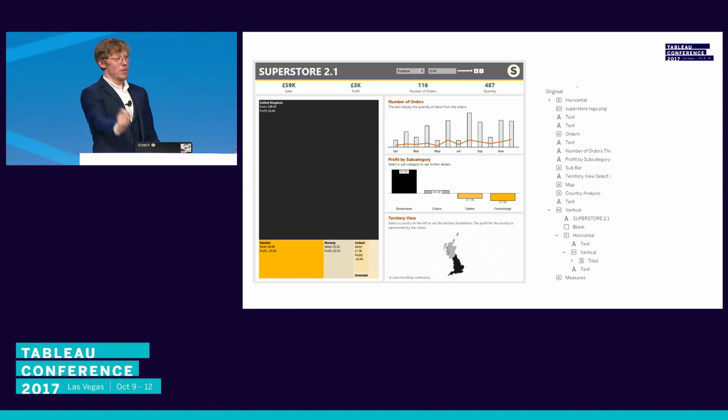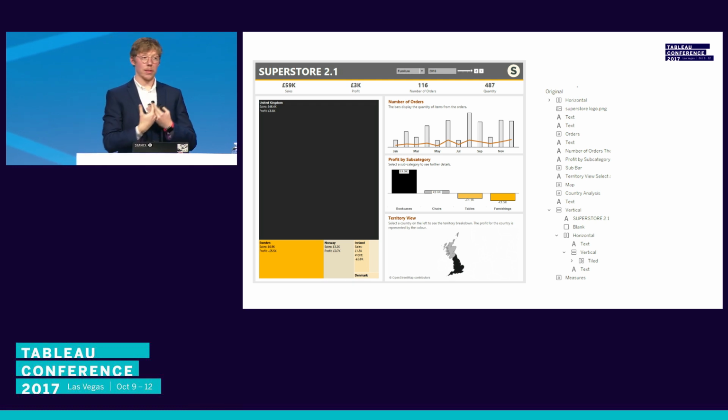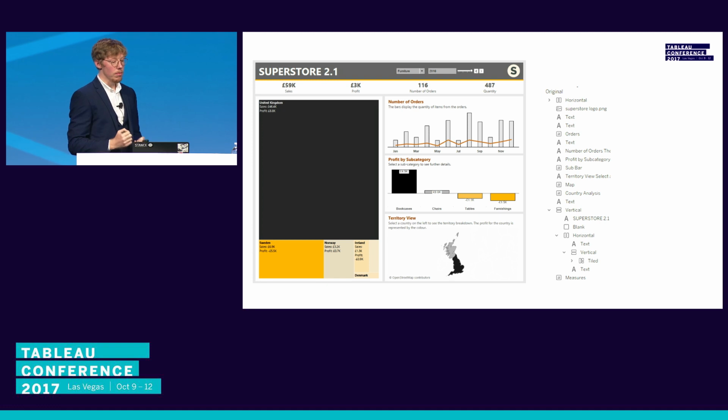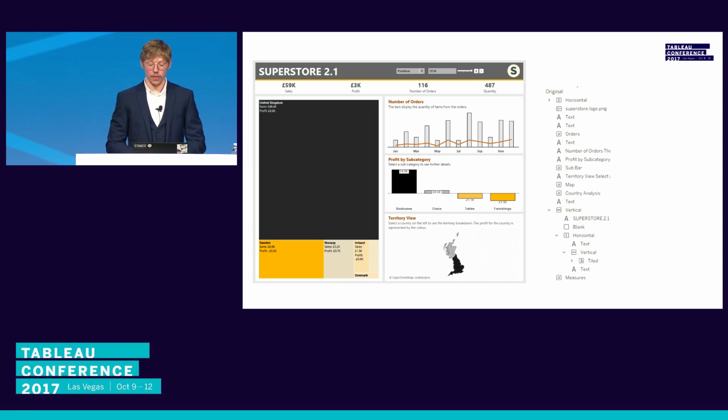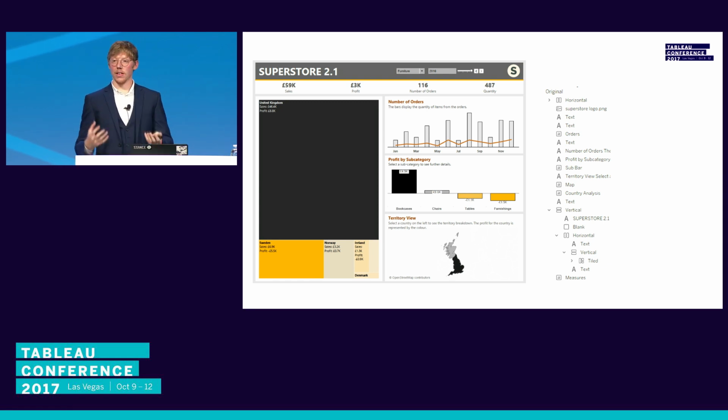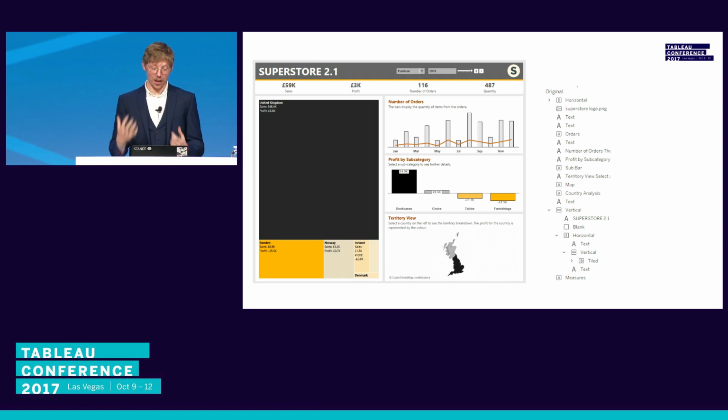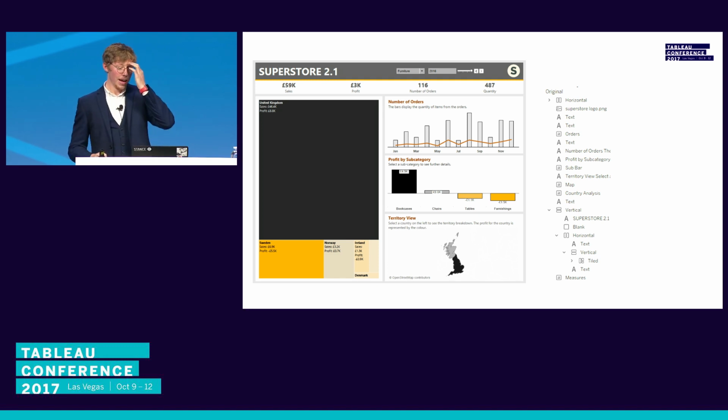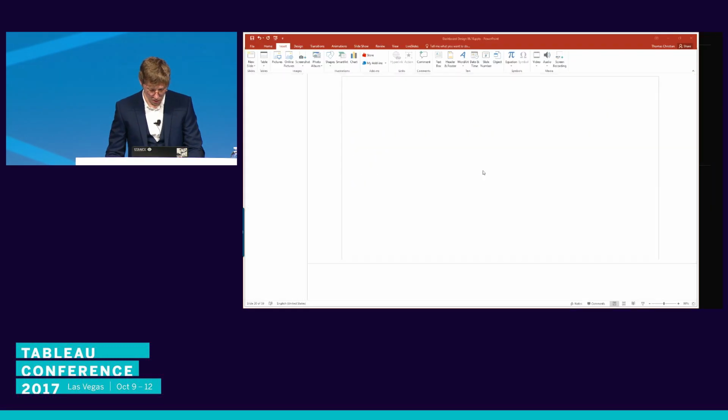Now in 10.4, we've actually introduced something specifically for layouts that's really, really useful. It's actually my favorite new feature. And it's something called padding and margins. For those of you that joined us last year, it was a Devs on Stage feature, and it got huge applause. One of those people applauding was me. I was so excited to use this. And if I jump into this dashboard very quickly,